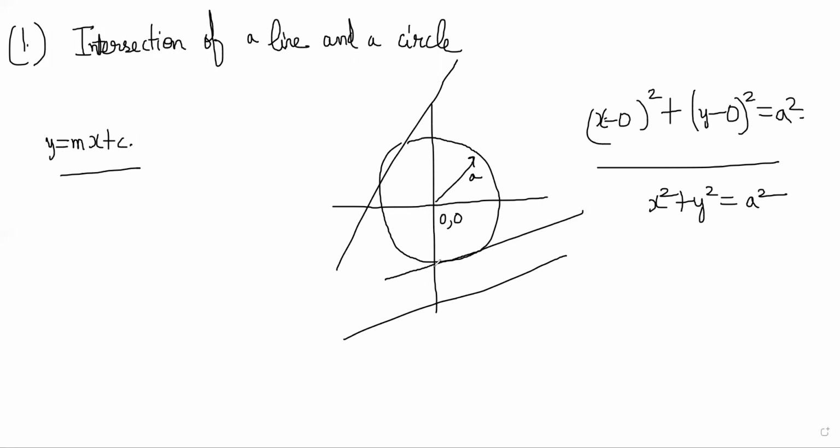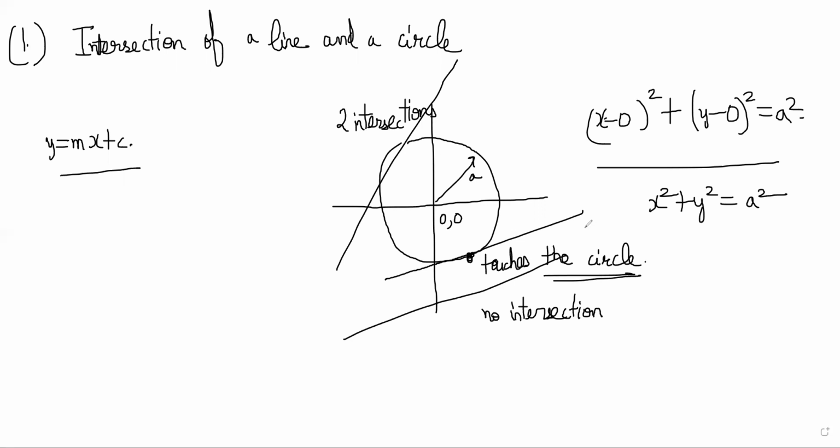Yeah. There are basically these three possibilities. You can have no intersection, you can have two intersections, and you can have the line touching the circle, right? Yeah. So suppose you were asked to find out what are the points where the line cuts the circle,